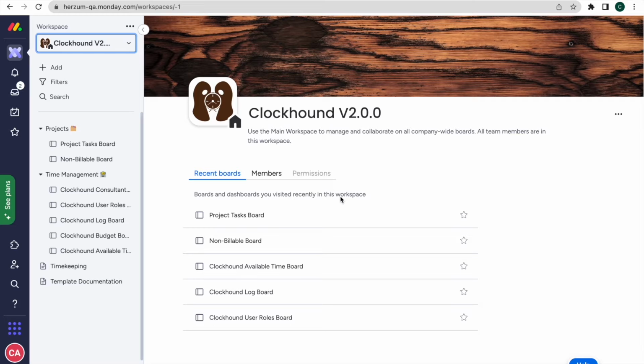Today I will show you how to use the Clockhound app version 2 inside your Monday.com instance. Welcome! For this video, we will use a basic Monday.com workspace with some boards and groups inside of it. We will start by adding the Clockhound time entry item view on the boards needing time